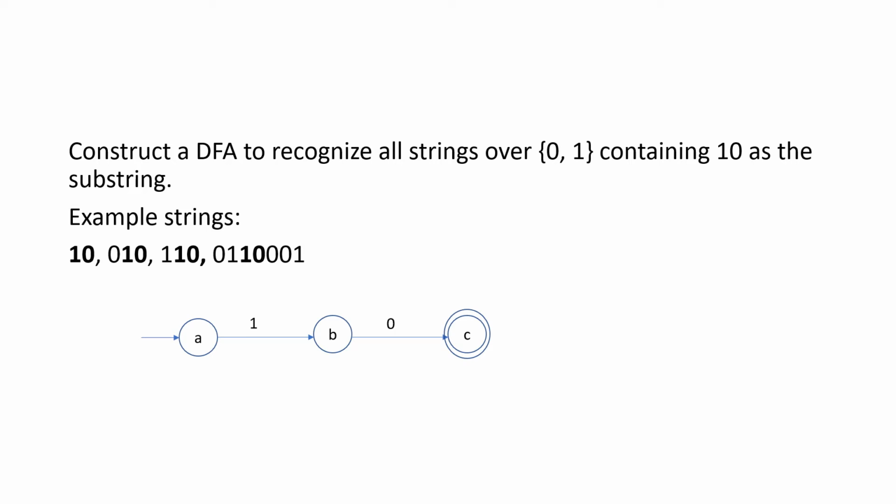A DFA must have one transition for every input symbol present in the input alphabet. When I consider state A, I have a transition for the input symbol 1 from state A. But what about the alphabet set here? The alphabet consists of two input symbols, namely 0 and 1. But state A has a transition only for the input symbol 1, right? So okay, fine. Now I have to include a transition for the other input symbol 0.